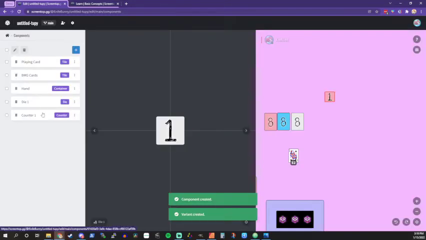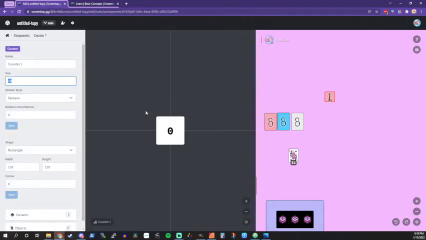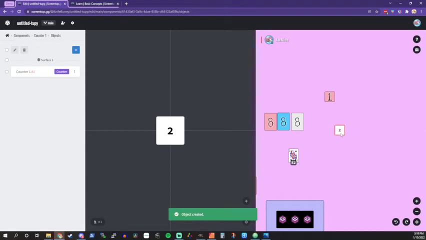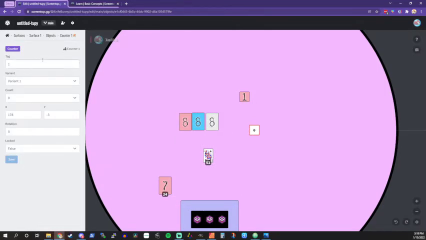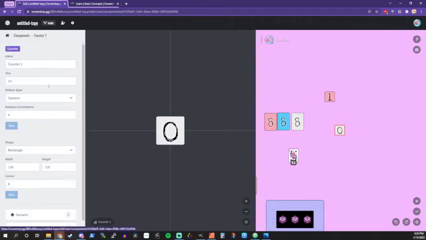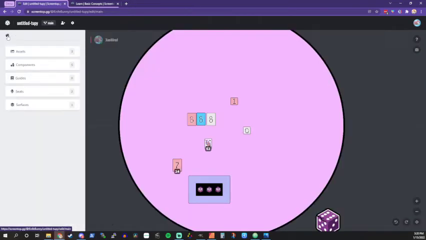You don't necessarily have to assign an asset to them, and they also have a size value associated with them. You could add them to your space, and when you bump them, it just goes up, and once you get to the max, I believe it resets back to 0. And in a similar fashion, you could go to its variant, and you could assign it an asset, and it will cycle through those based on which index you provide. So if I start at 1, then it would start here, and I think I gave it 10 sides, so it's going to go up to like 4 white, and then reset back down to 0. Oh no, never mind, I got it wrong. But yeah, here's another cool thing that I really like about this. Going back to the top level,